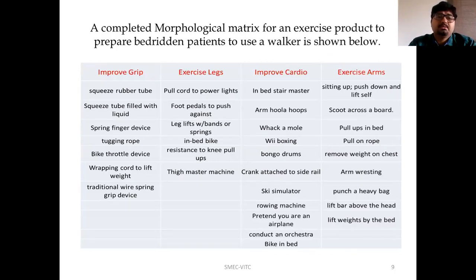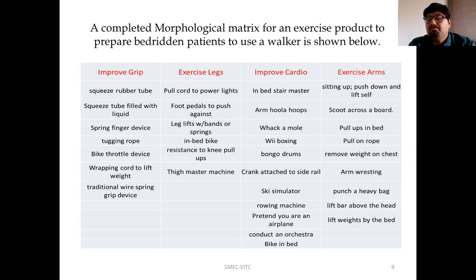Either you can go for using rubber tube, squeeze rubber tube, improve grip, squeeze tube filled with liquid, or spring finger device, or tugging rope, or bike throttle device, or wrapping cord to lift weight, or traditional wire spring grip device. These are the possibilities which you could make to make him sense that he is improving his grip. Coming to exercise legs: pull cord to power lights, foot pedals to push against, leg lifts with bands or springs, in bed bike, resistance to knee pull-ups, thigh exercisers, which will be helpful for him to do exercise for